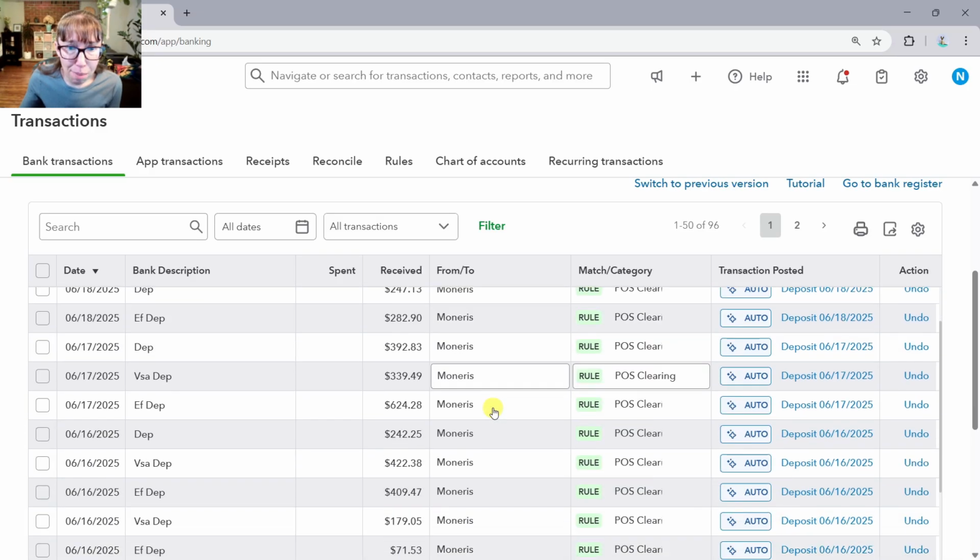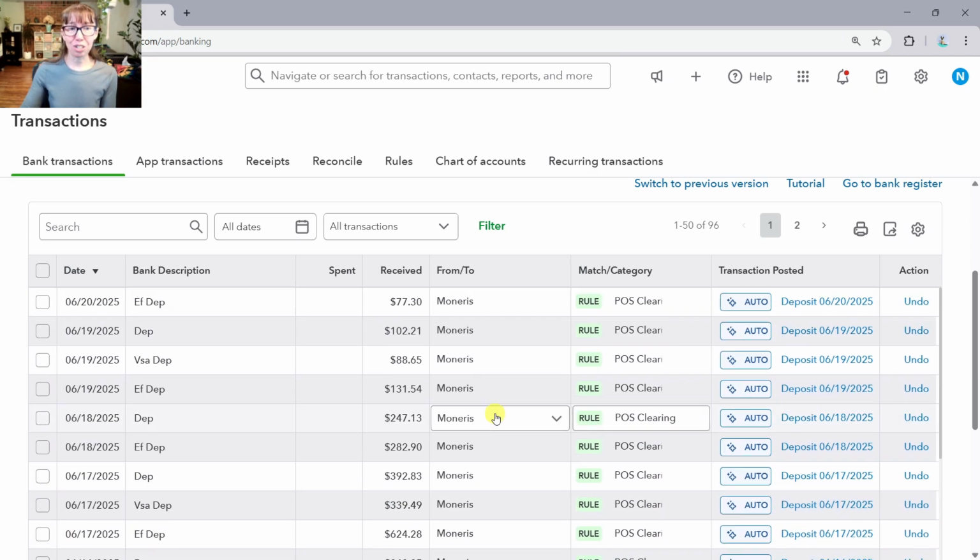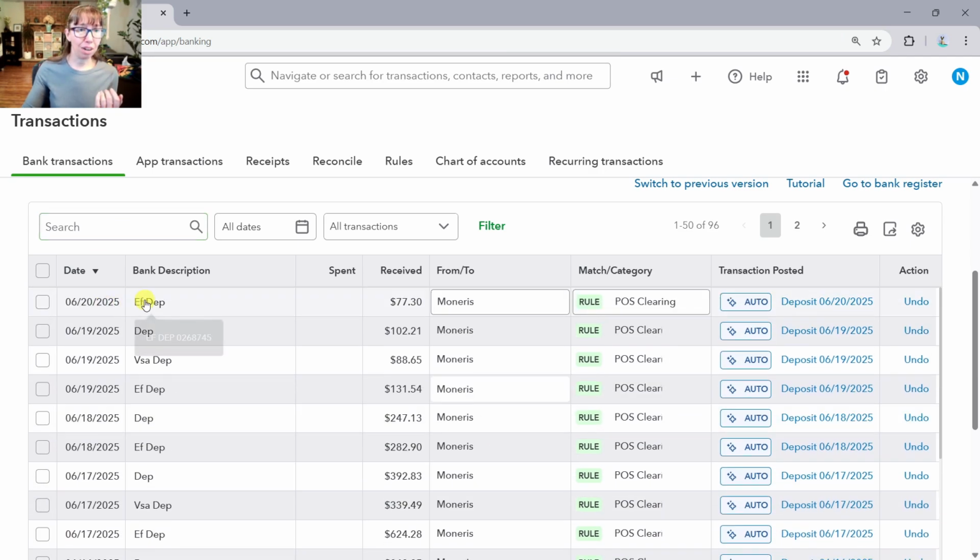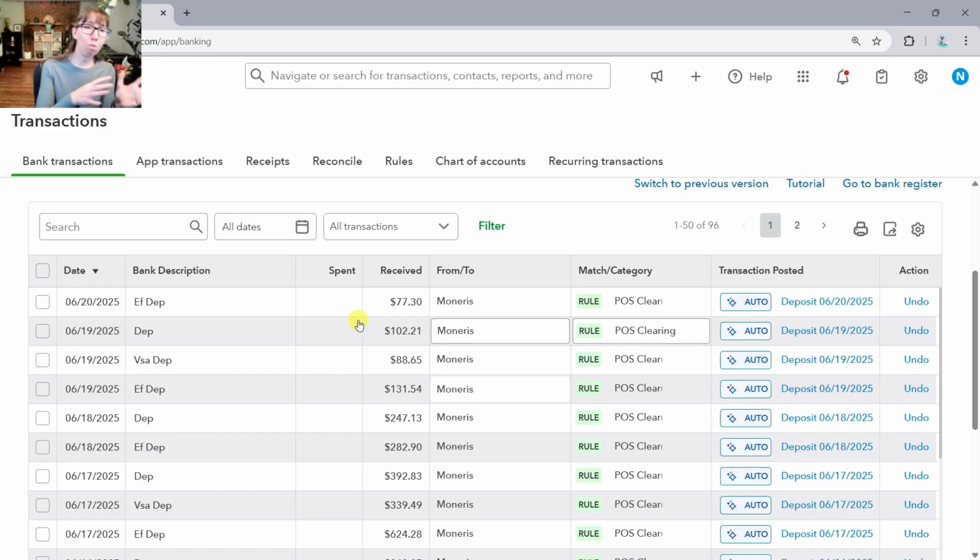But look at how many Moneris ones there are. There's 3 or 4 a day, one for the debit, one for the MasterCard, and one for the Visa, sometimes one for Amex, sometimes one for Discover, and every single day. And so because of that, it's actually easier to have this one type of bank fee rule automatically happen. So let me show you though how you can still use the rules to tee up and to bulk enter